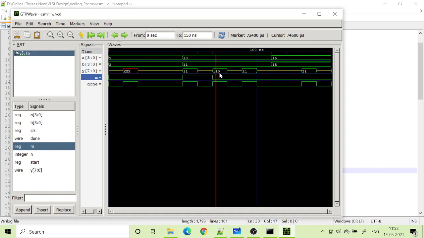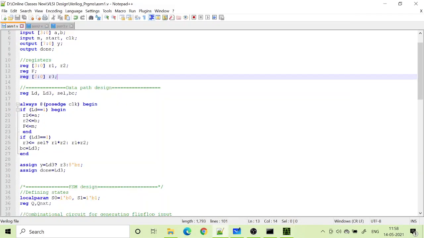So that 110 is coming later, so that means there is a delay here. If I give LD3 directly to the tri-state buffer to take the output from R3 and display it, then I have this problem.